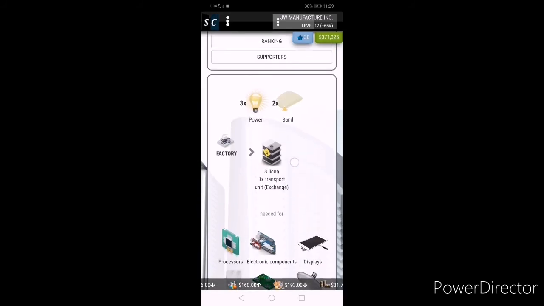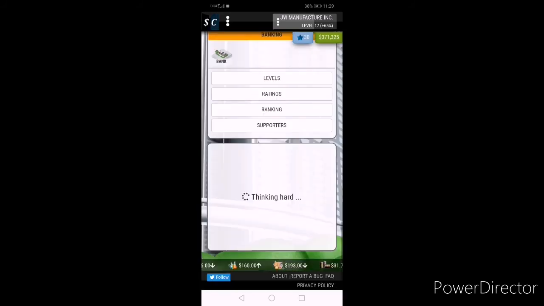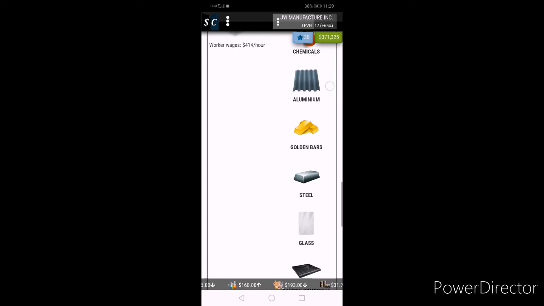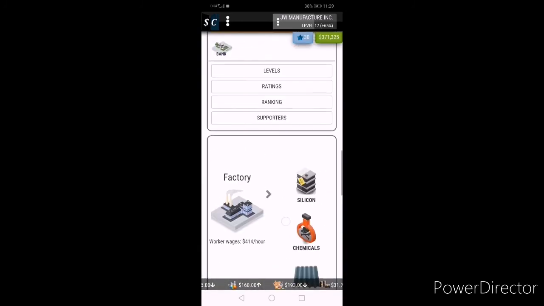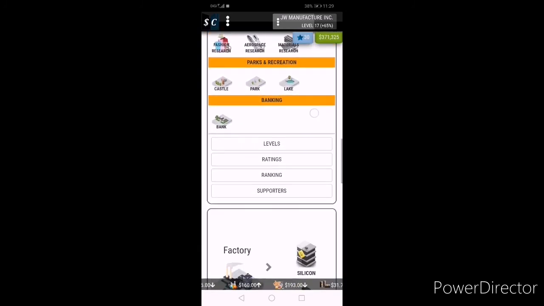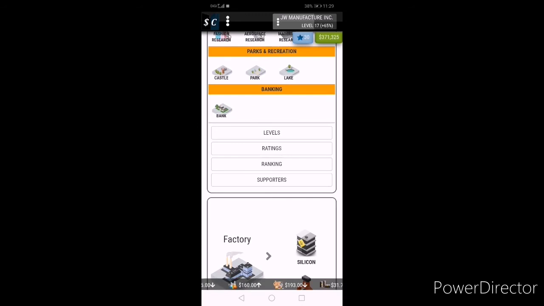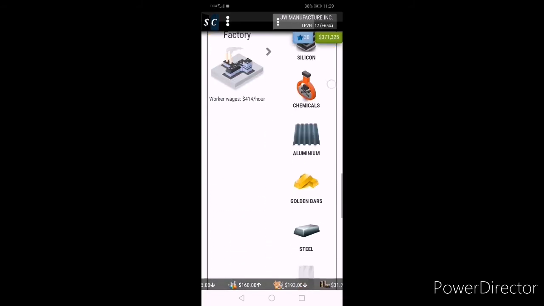And if you don't have that building, you can just click factory, and you can know what can I produce from which building. Okay, and you'll see many descriptions or infos about what product is this used for, or what building should I use to do what. And you can check your levels, ratings, rankings here.